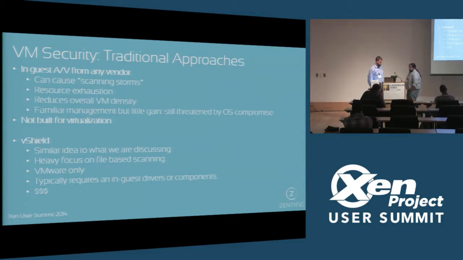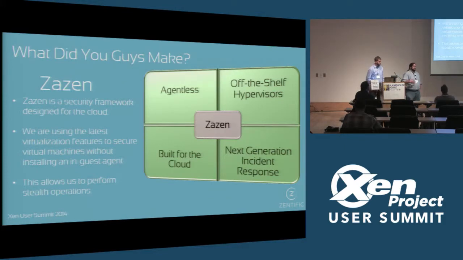The trouble is that the model they've built is, A, VMware only. That's great, but it's also pay to play. But you have to double dip because you need the other vendor support also. It has a heavy focus on file scanning, which is great, but you could do that at the storage layer too. You could do that in a very traditional manner. And furthermore, it requires an in-guest agent to do some of its work. That's a problem because anything inside of a guest is itself vulnerable to the same things that are attacking that guest, which is where we are coming in.